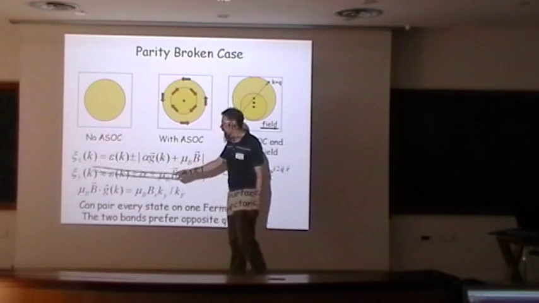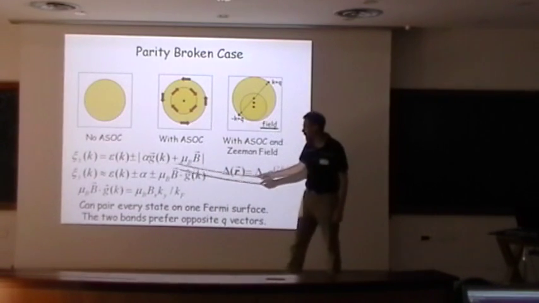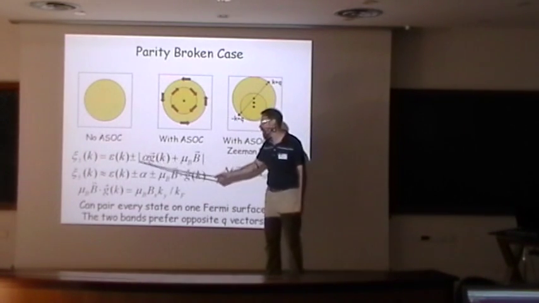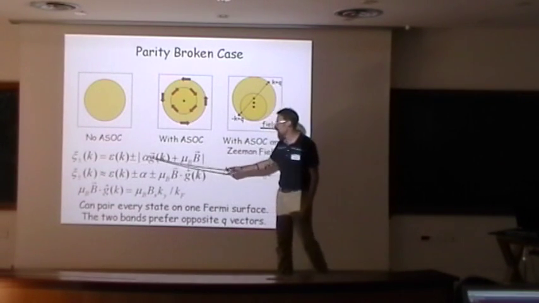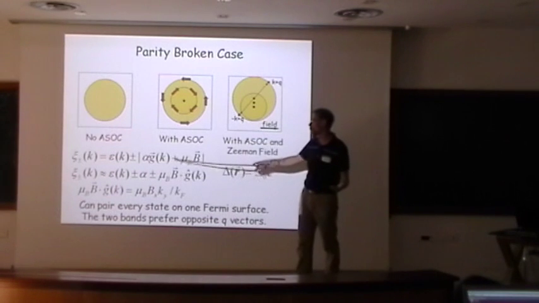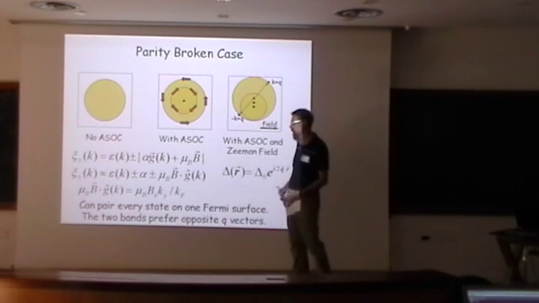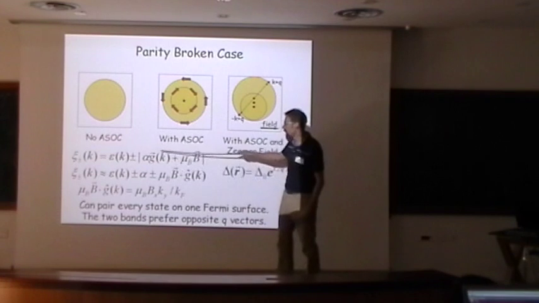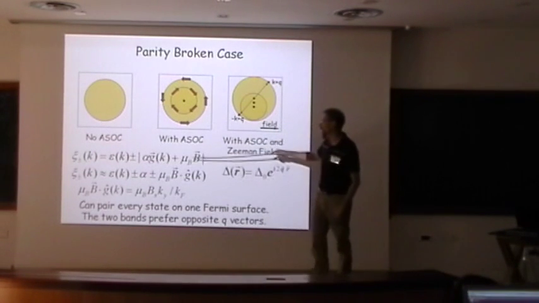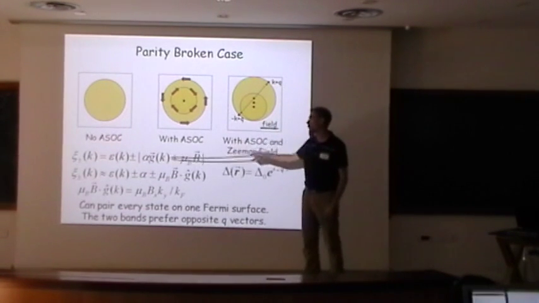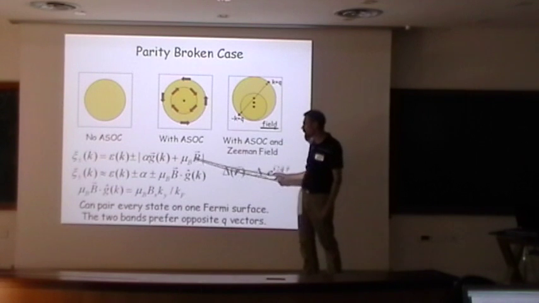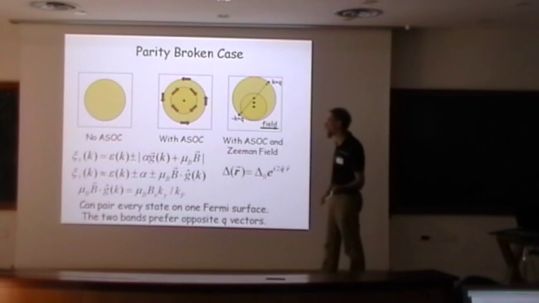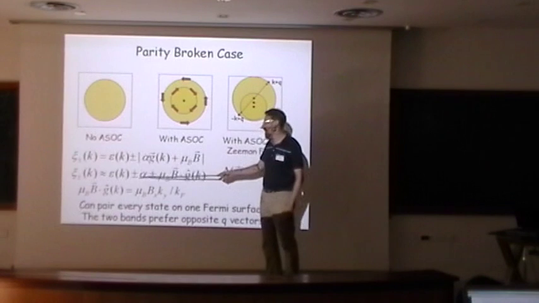Your quasi-particle energies in the presence of both the spin-orbit field and the Zeeman field can just be written. This is an effective total magnetic field in some sense. And so you get plus or minus this total effective field. The spins will be polarized parallel and anti-parallel to this. And so now I'm going to imagine I have strong spin-orbit coupling and a small Zeeman field with respect to that. So the Zeeman energy will be small, and I can just do a Taylor series expansion in small mu B over this particular parameter. And then I get my usual case in 2D.